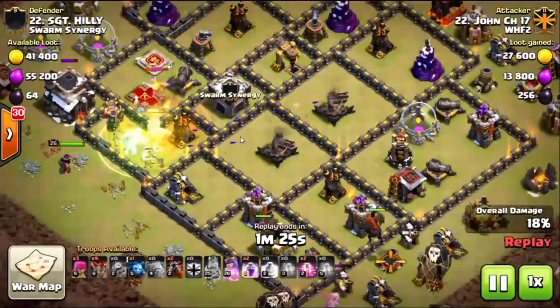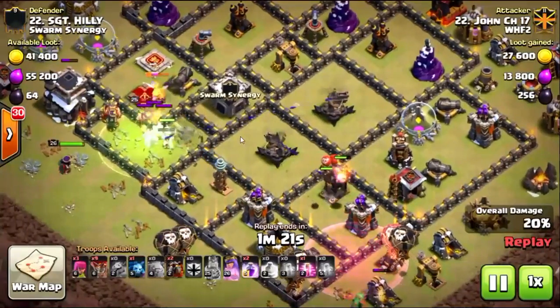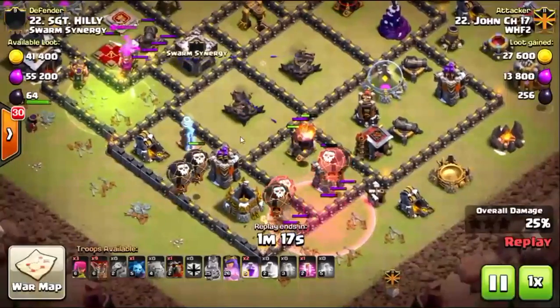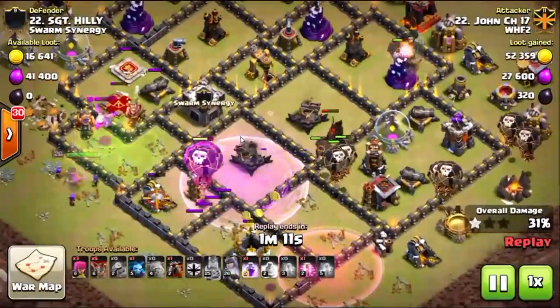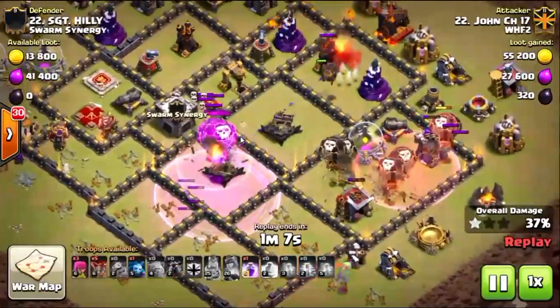And now he knows he's going to get that air defense, and he knows he's going to get that baby dragon. So he can already start the deployment of this. Why he crushes the base in almost under 2 minutes. Starts that LaLoon going super fast. There we go. Queen's going to use her ability, take out that baby dragon, and now there's only 3 air